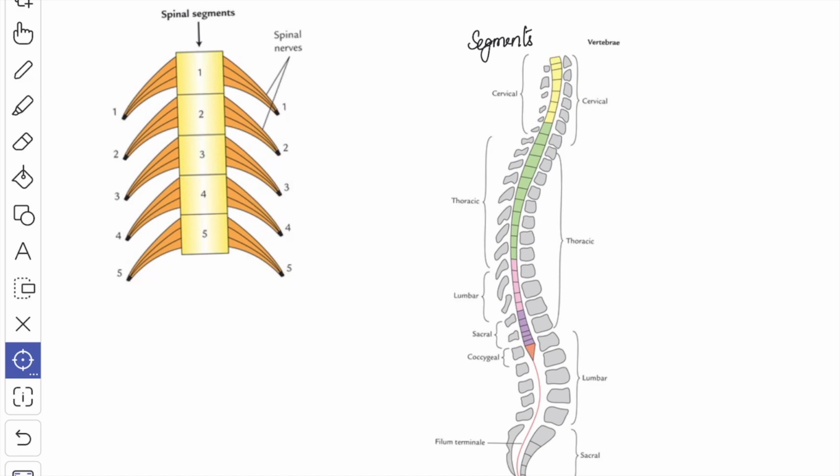In the lumbar region, the spinal segments lie 3 to 5 vertebrae above. That is, the L1 to L5 spinal segments lie at the level of the 10th thoracic and the 11th thoracic vertebra. And the sacral and the coccygeal spinal segments lie 6 to 10 vertebrae above. That is, the S1 to coccygeal 1 spinal segments correspond with the 12th thoracic and the first lumbar vertebra.